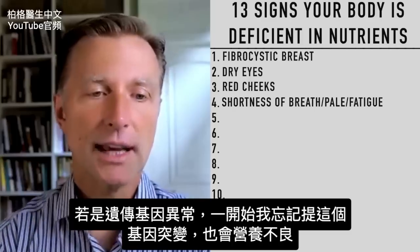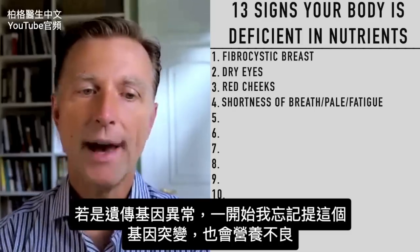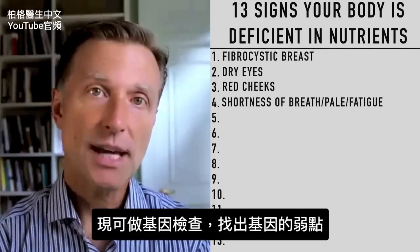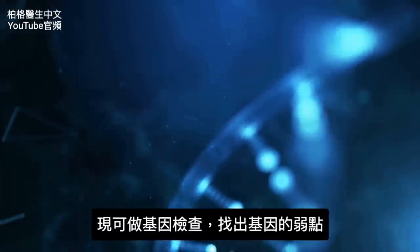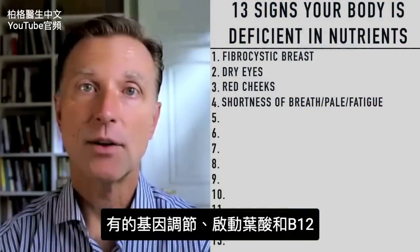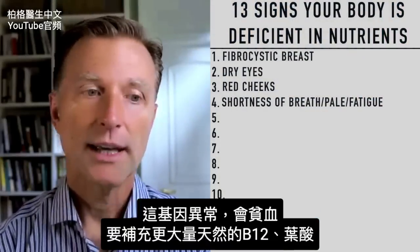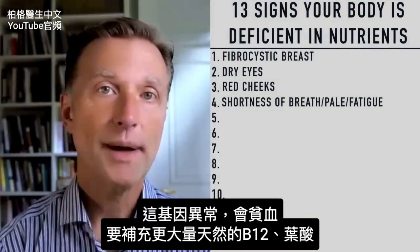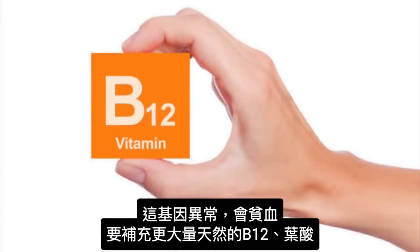This is another thing I forgot to mention at the very beginning. You can be deficient in a nutrient if you have a genetic mutation, which nowadays they're testing your DNA and they're finding all sorts of weaknesses within your DNA. And there's a certain gene that regulates activating folate and B12. And if there's a problem with that gene, you're going to be anemic. You're going to have a lot of problems unless you take larger amounts of the natural form of B12